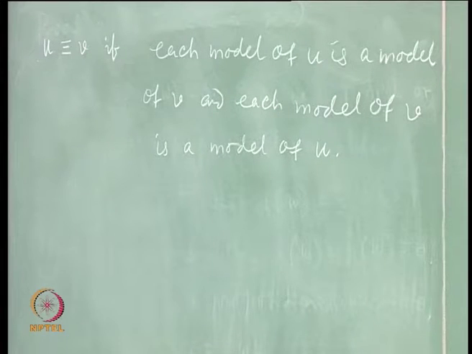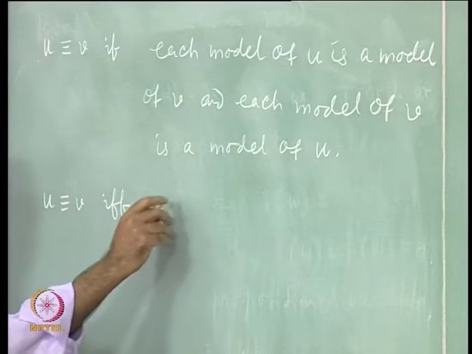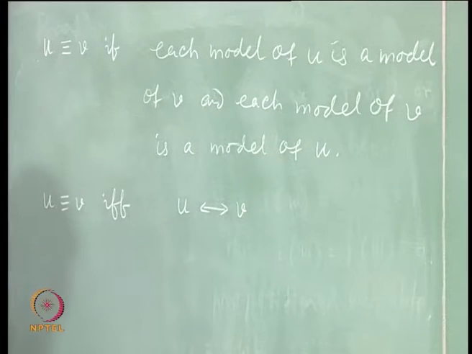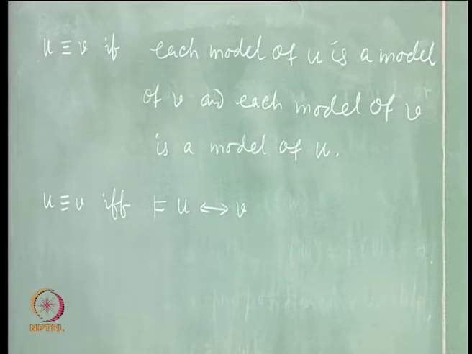Fine. Then it should be very clear that u is equivalent to v if and only if u if and only if v is valid. Is that okay? To write that it is valid, we just have another symbol before it, the same symbol exactly we are using for models. We are overusing the symbol. Okay. Once more we will overuse it, then we will see why all those three will become the same.